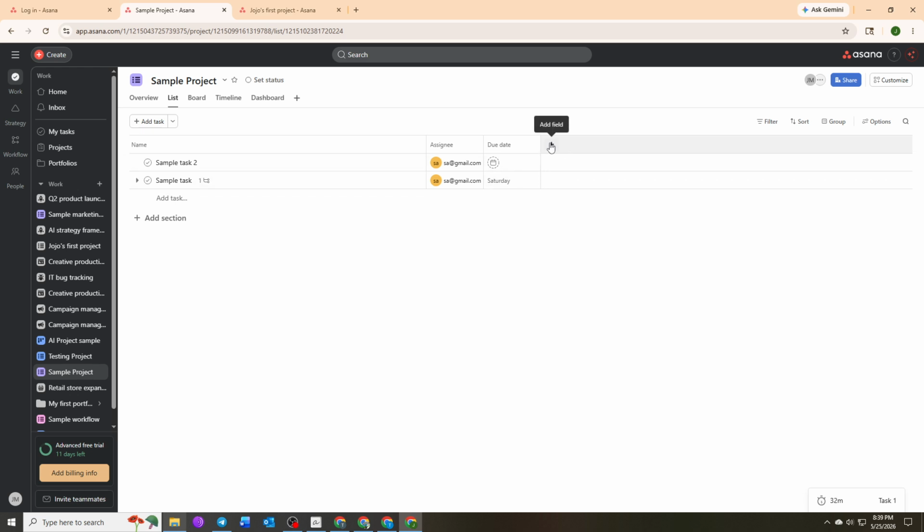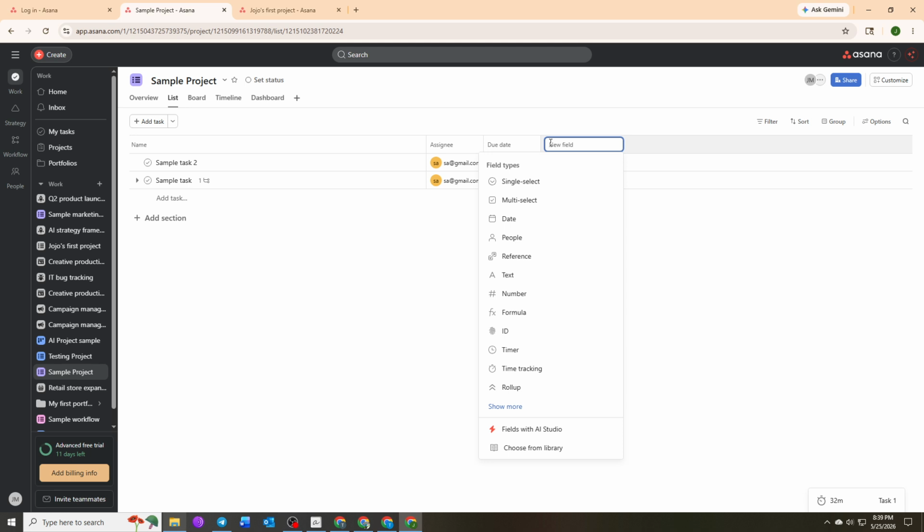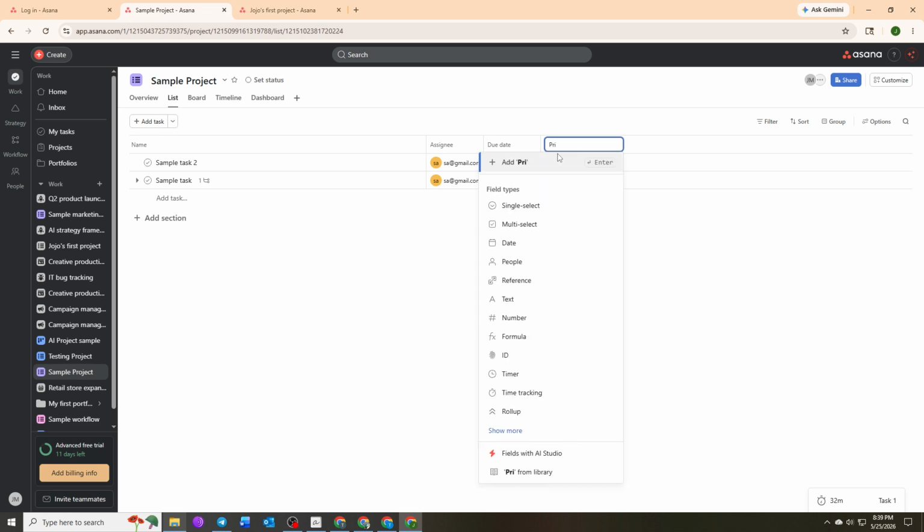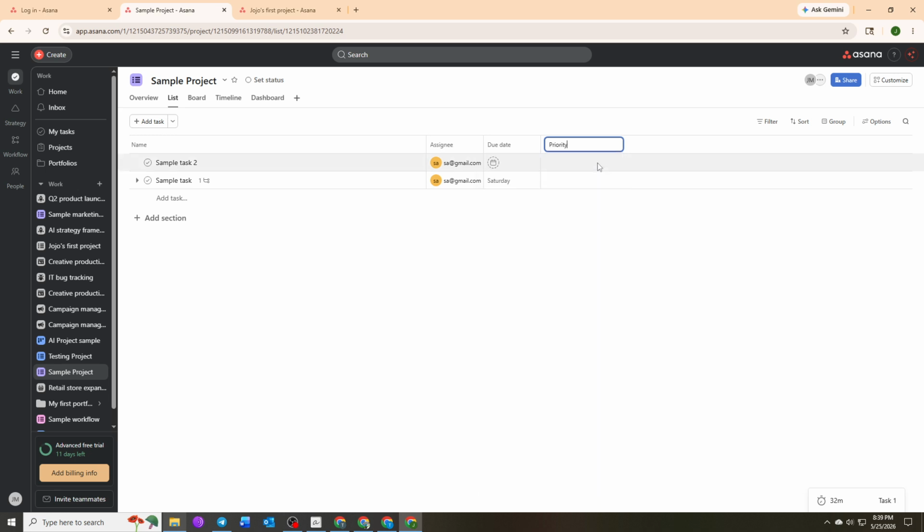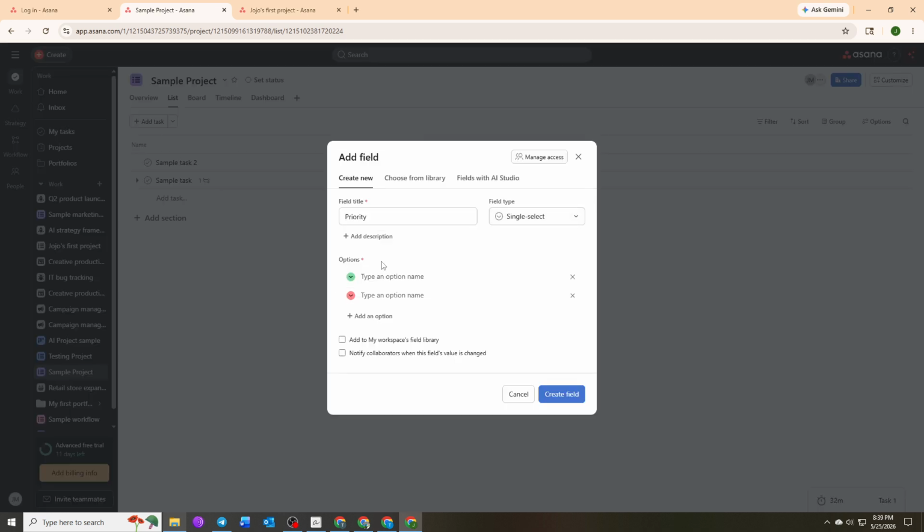creating a new field. Give your field a clear and descriptive name, such as priority, so your team immediately understands what it represents. Once named, proceed to define the field type and select a drop-down format so you can maintain consistent options across all tasks. Add your options one by one, starting with urgent, then high, and finally low, keeping the structure simple and easy